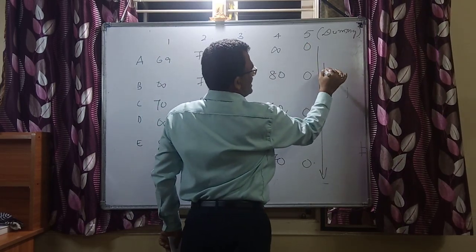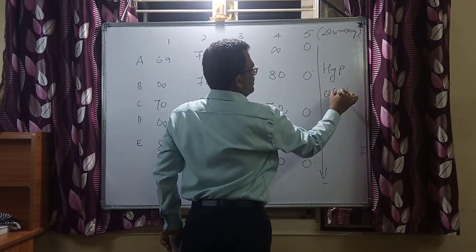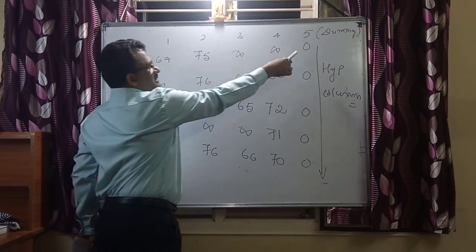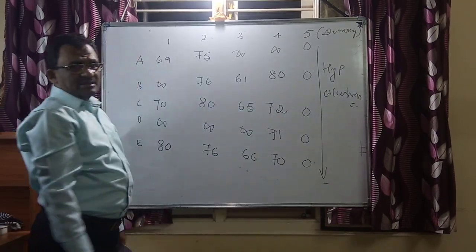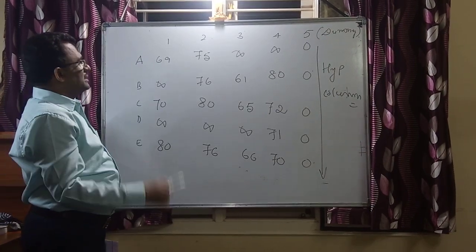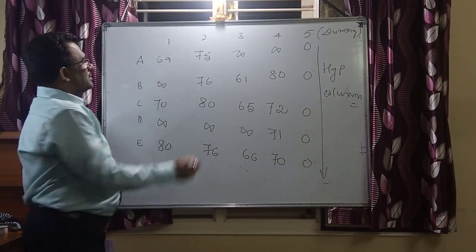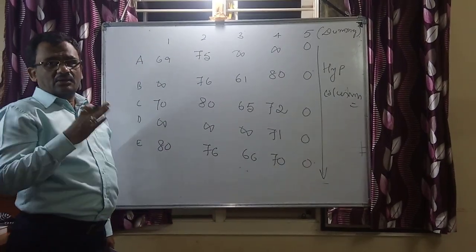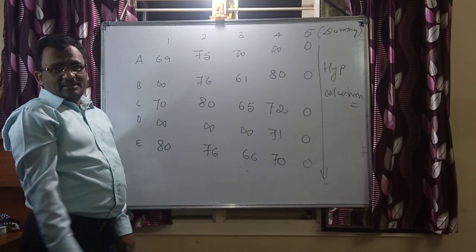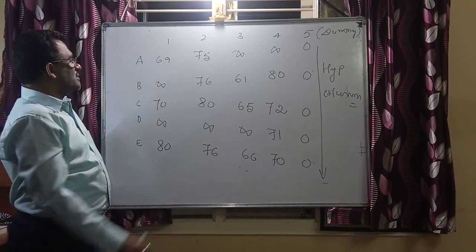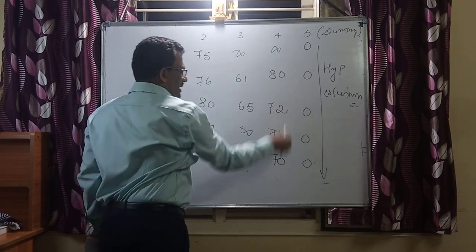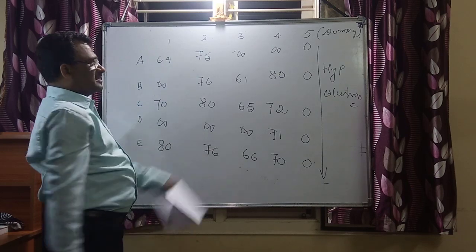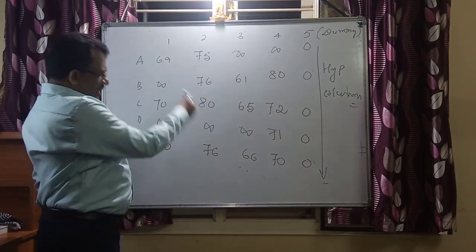We call this a hypothetical column. A dummy column is created, it is inserted and it has an adjustment. Now 0 0 0 0. The cost is not going to be altered, it's not going to be changed. Now after this, if I go for my row minima, look at this, we have zeros. Each and every row has got a 0 now. Now row minima has become very simple. Now row minima is simplified. The row minima matrix is already there, because it is going to be the same row minima matrix, because that's 0. Now I'll continue with my column minima.